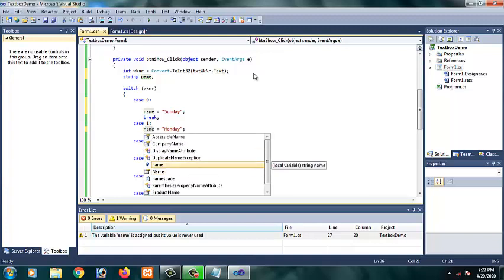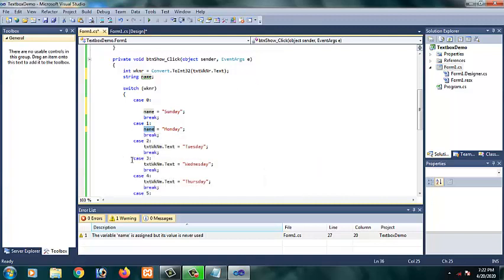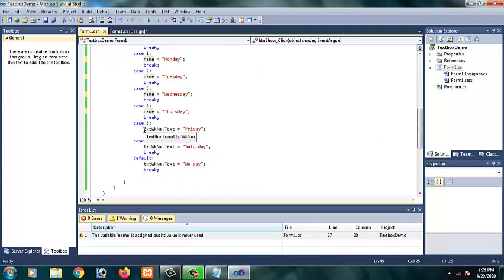Let me copy it for all the cases, so that you can display it finally in the output.